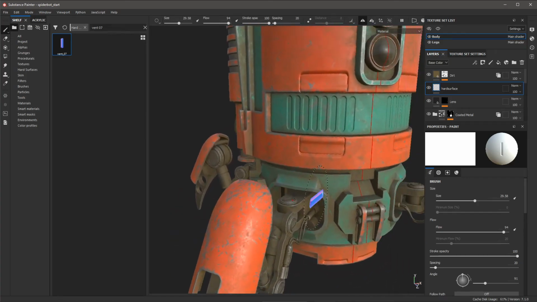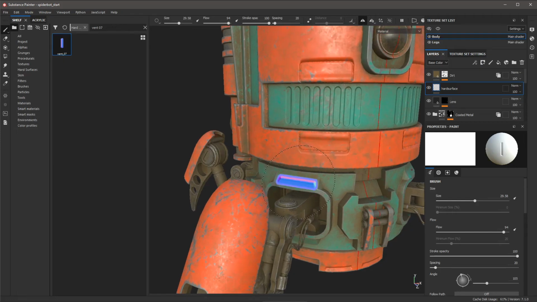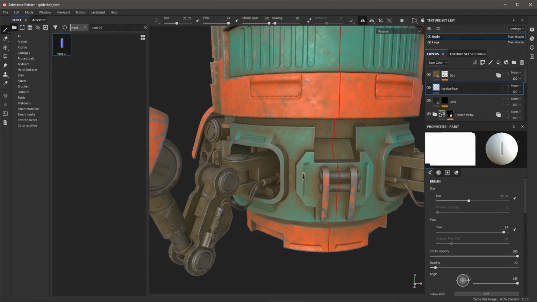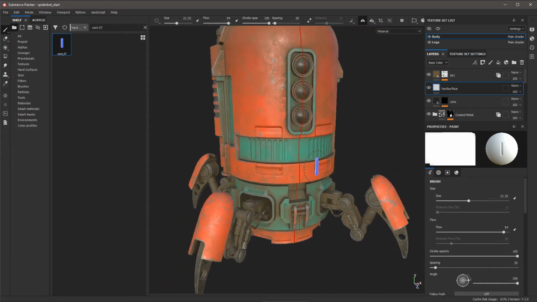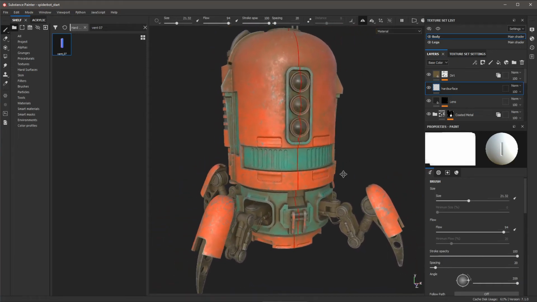Now I am going to also use this same detail. I'm actually going to place that here. So let me just rescale the brush. So again, I'm just using Control or right mouse button left to right to adjust the size of the brush. And then I'll just left click to stamp in that detail. Now I'm going to use this particular detail one last time. I'll just rotate my brush, get this into position with my scale and rotation, and then just stamp in this detail here. Okay, so you can see with just a few quick operations, we've now added some additional hard surface